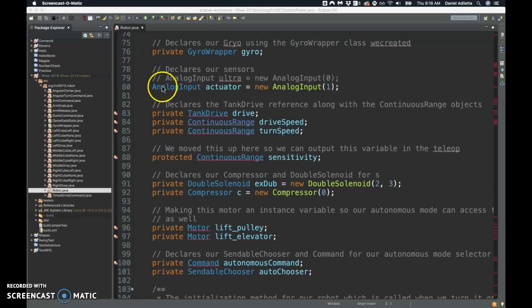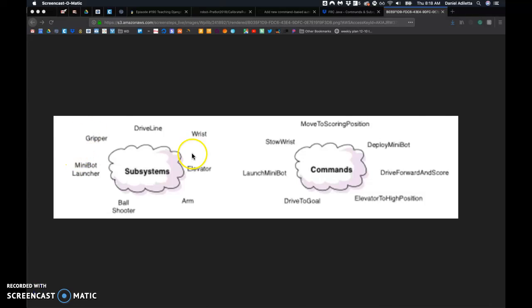Again, against the recommendations that we're going to take a look at, that says that these should be declared in subsystems. We really want to get all of these components in their own subsystems, and that means within the file structure of our code base, to get them within all of the properties, so the motors and the functions. So we'll have them declared here, and then the commands to do certain actions built as separate files or classes